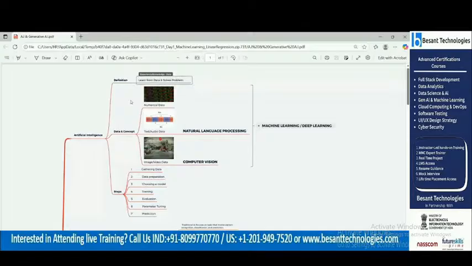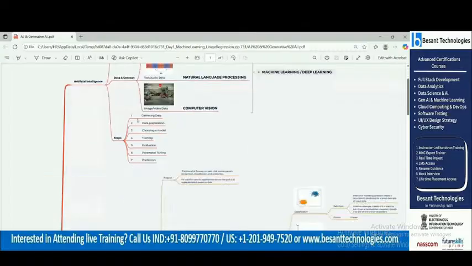So in AI, what you did initially: you were gathering the data, preparing the data, choosing the model, then giving the training data set and test data set, and then evaluating it. Then you are doing the parameter tuning.